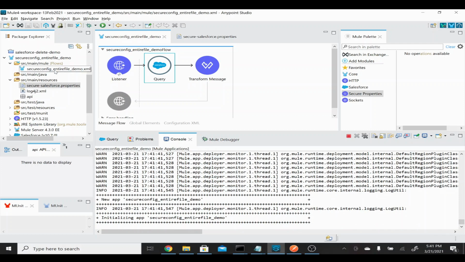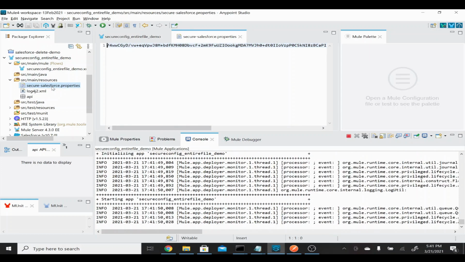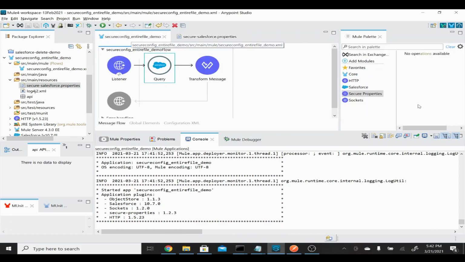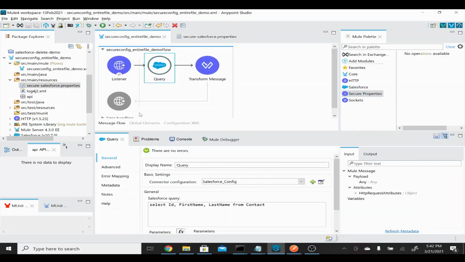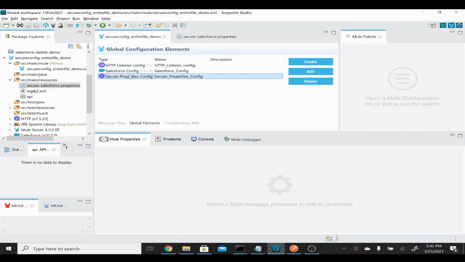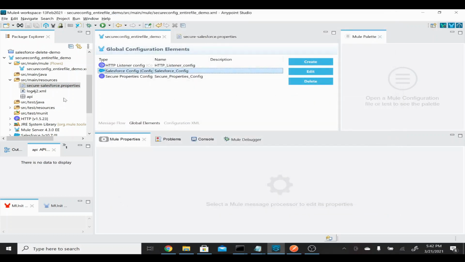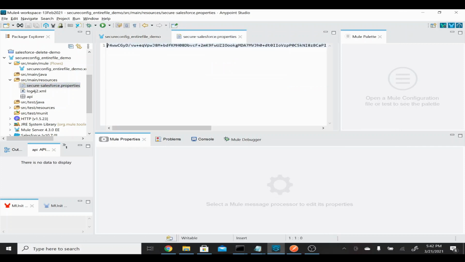So what we have done: we created a project, and initially we created some property which is having a key and value. Then later we encrypted the entire file using the command. And for this file, if we need to refer to it, then we have added the secure property module, and also we have added the global element where we have added the secure configuration property, where we have mentioned where my secure config file is located, and when we refer to it from the config, we also told it to refer to the key with this particular syntax, secure double colon. So now this entire file is encrypted.